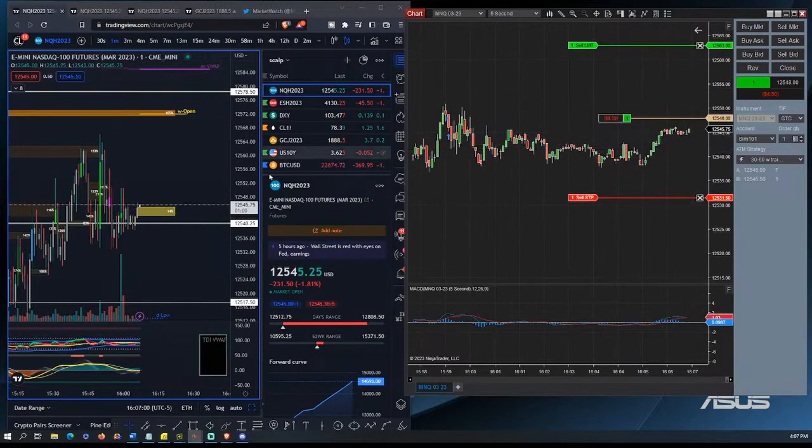I like to scalp. I find that trading regulated assets like the Nasdaq, S&P, and oil and gold, A, interests me more because it's more common. B, you could trade with small amounts of money and make